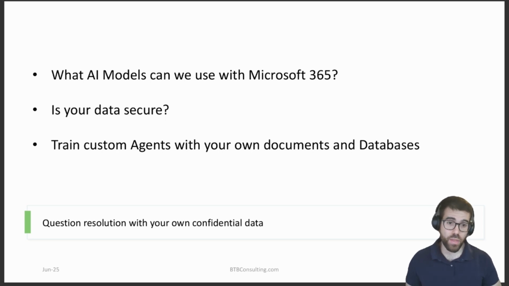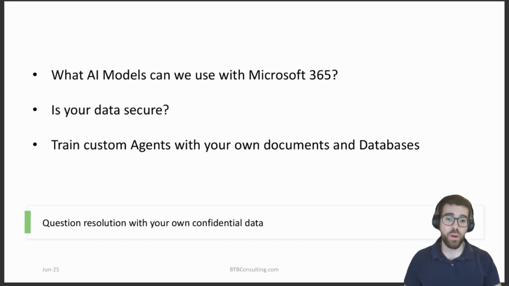Well, I think, in my opinion, as a consultant, it's the most secure way to use artificial intelligence right now. And just take a look at other competitors like ChatGPT, for example, in the free model, especially. You can't be sure where your information is going to land. And actually, if you work in a company, you already know that in most places you are not allowed to use AI tools because of security concerns. However, with Microsoft, this is not a problem.